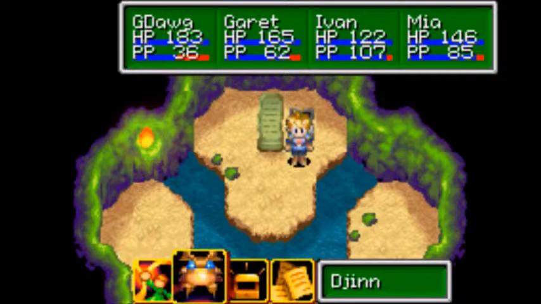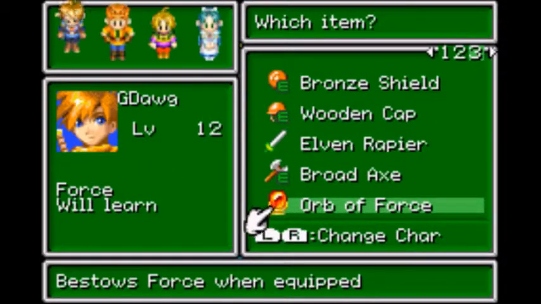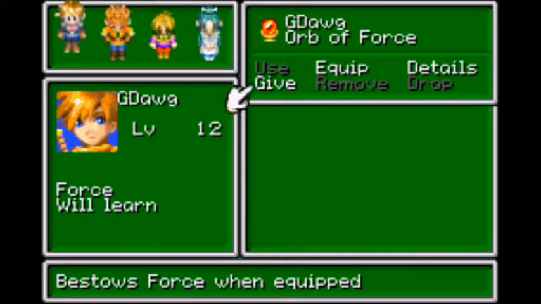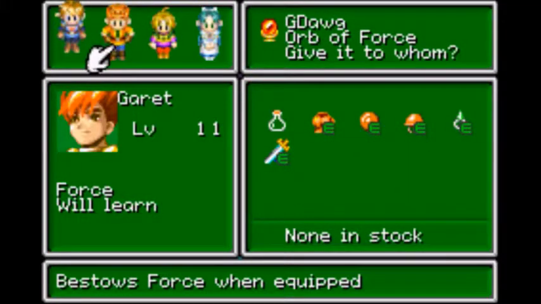That is a new, let's see. Now, you know those items that teach synergy to our team members? This is another one. It bestows Force when equipped. I believe Force is actually a fire magic, so I think I'll give it...